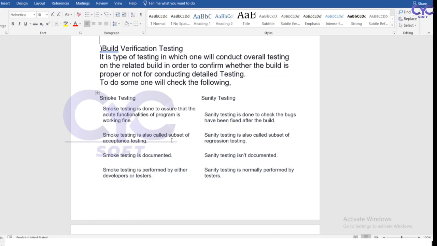Smoke testing is done to ensure that the functionalities are properly working or not. In sanity testing, we check whether the bugs have been fixed after the build. So I have released the build. Here what happened means,